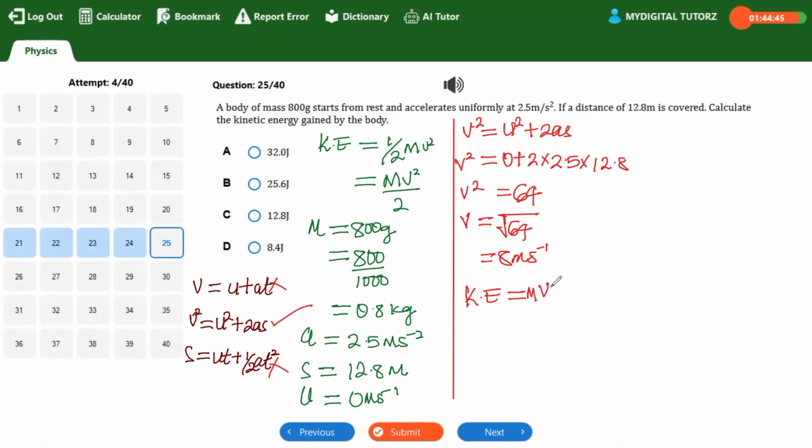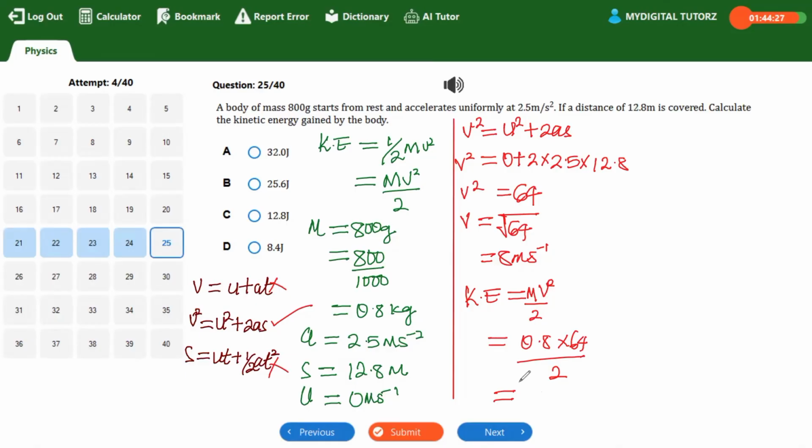Mv squared all over what? 2. Then we plug in our value. M is 0.8. V squared is 8 squared. That will be 64. All divided by what? 2. So that implies that our kinetic energy will be equal to